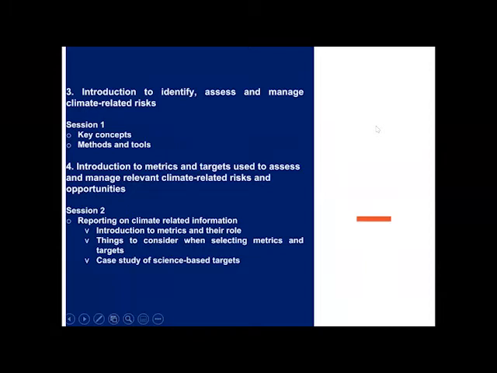So yeah, apologies everybody for that. Just to say, what we really want to look at is some of the opportunities around identifying, assessing, and managing climate-related risks, and particularly around the metrics and targets that we're using. We know that there's been some pretty rapid developments in uptake in South Africa around the TCFD recommendations. And I think South Africa has also had a really long history of Carbon Disclosure Project reporting. So I think we've got a really good foundation, and it's really for us to try and understand how the expectations are shifting around reporting and measurement,